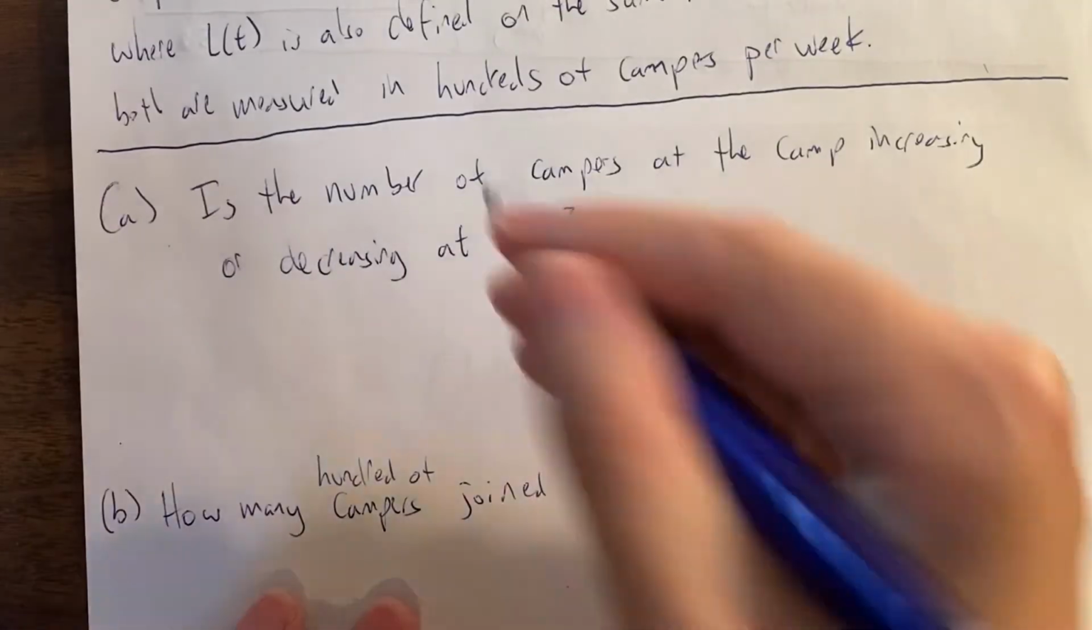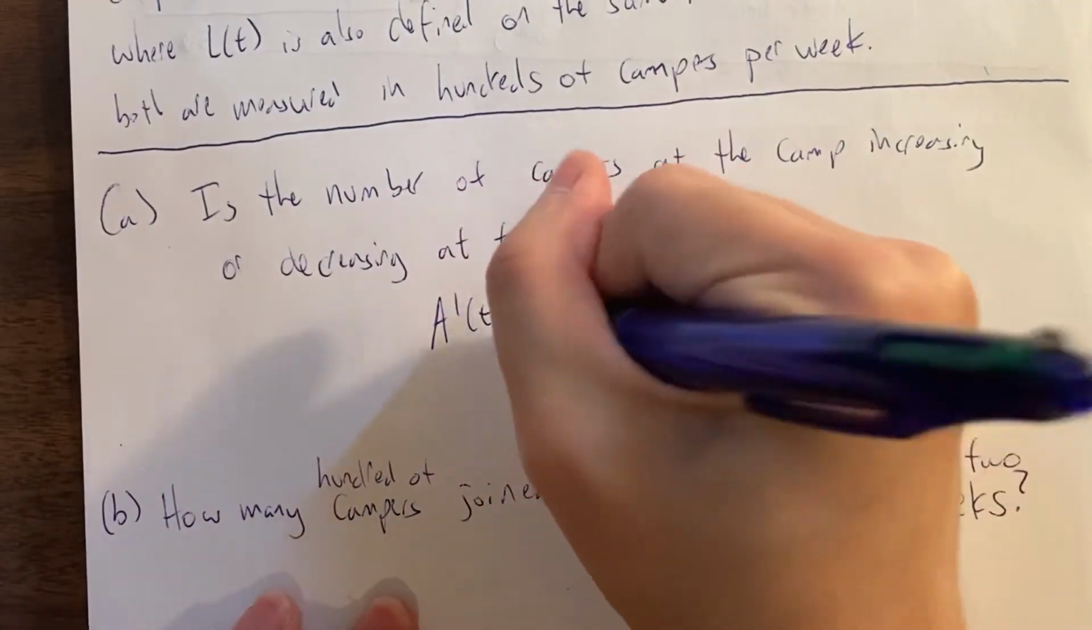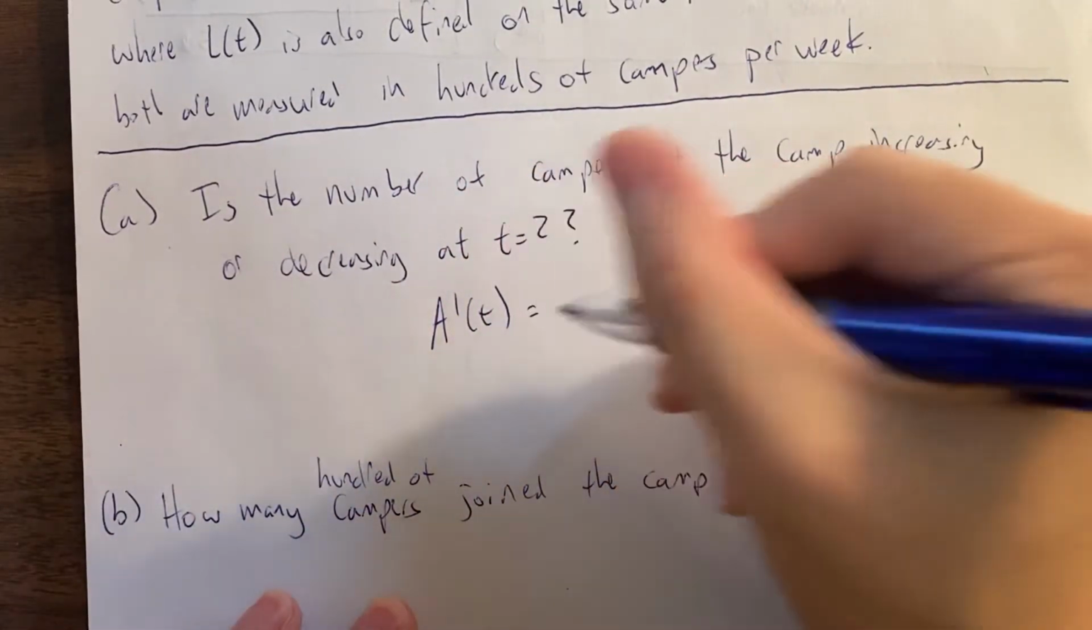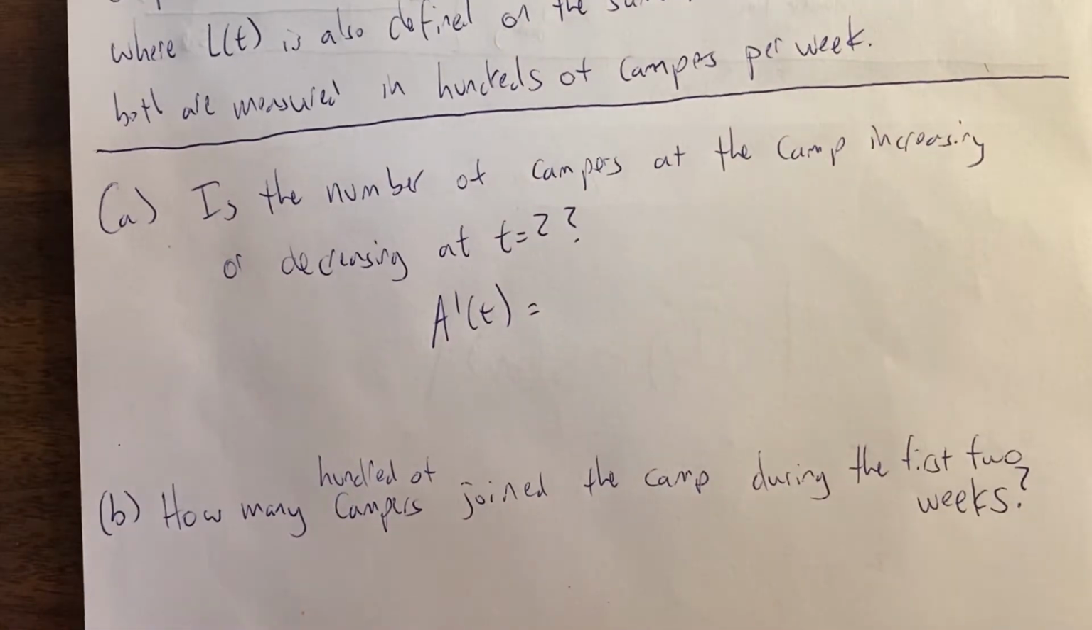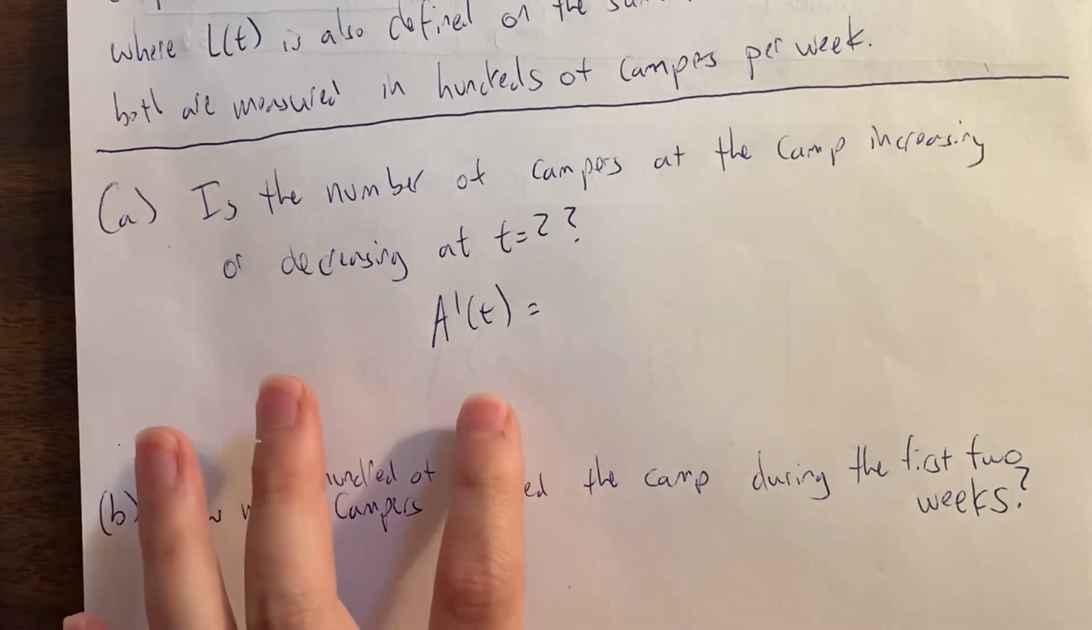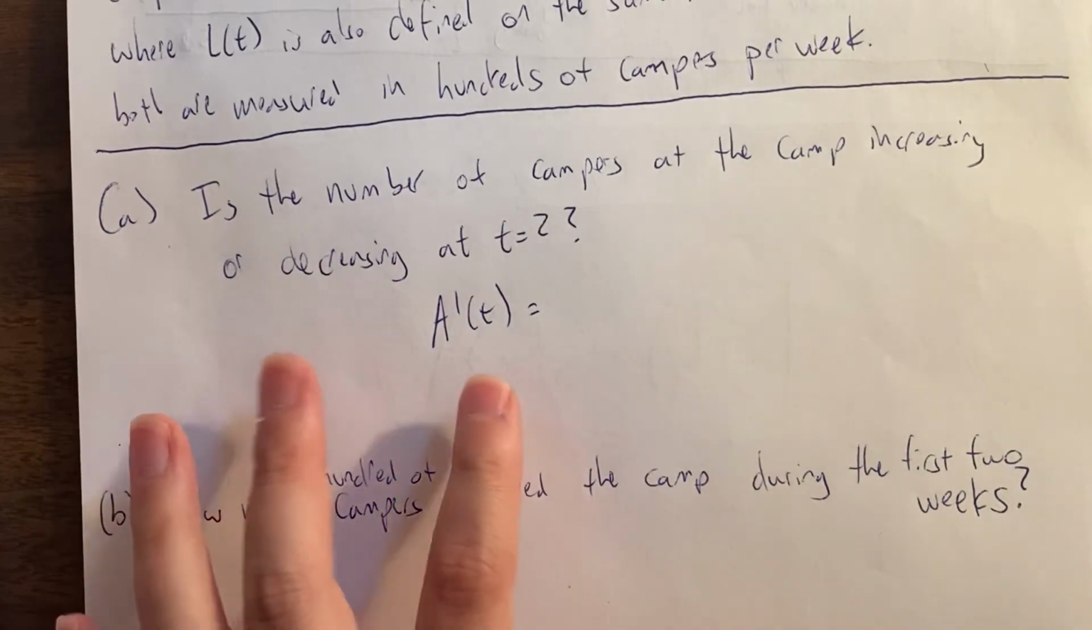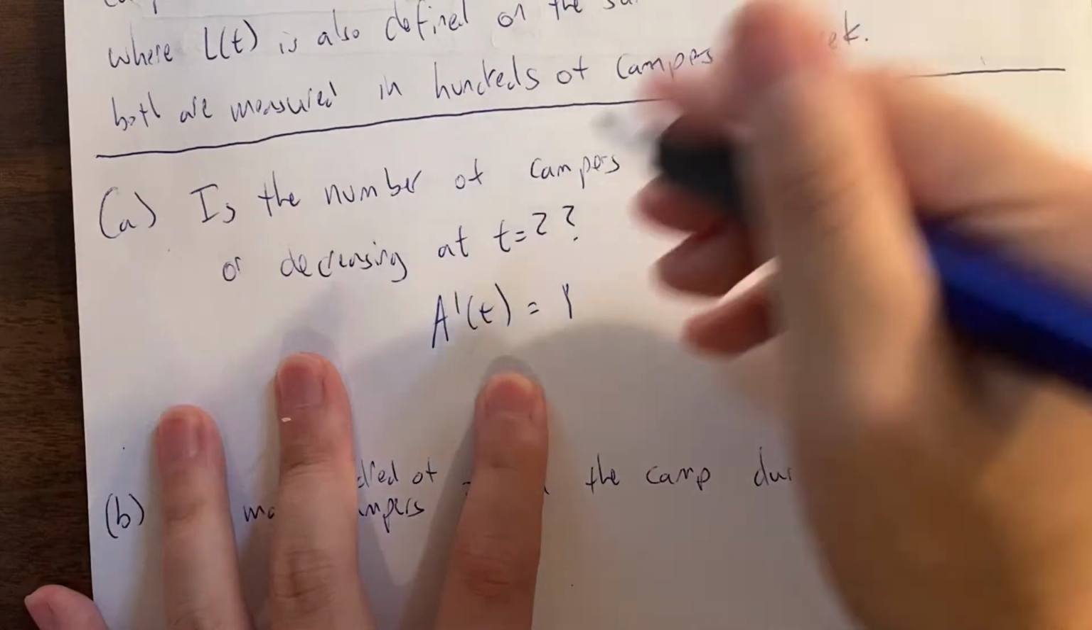This happens to be what I call A prime of t. So in the later part of the free response question, I'm going to use A of t as the amount of campers in the camp. And while the rate of change of the amount is A prime, that's going to be, in this case, J of t